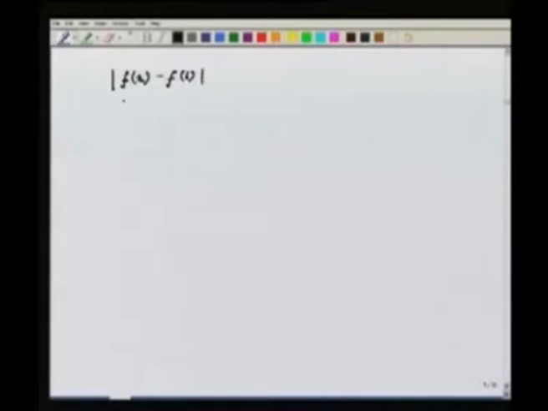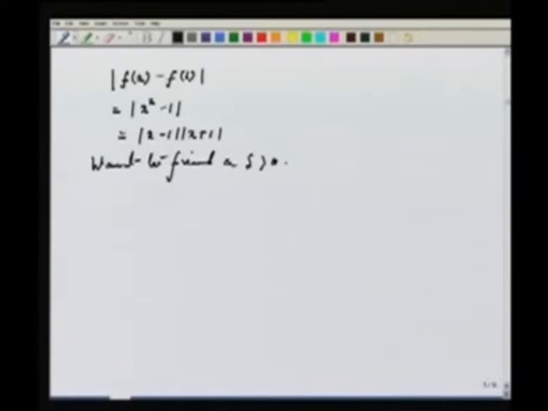How does this look like? This is then modulus of x square minus 1. So this is then modulus of x minus 1 into modulus of x plus 1. Okay, and now I want that this quantity should be less than epsilon. So I want to find a delta bigger than 0 such that